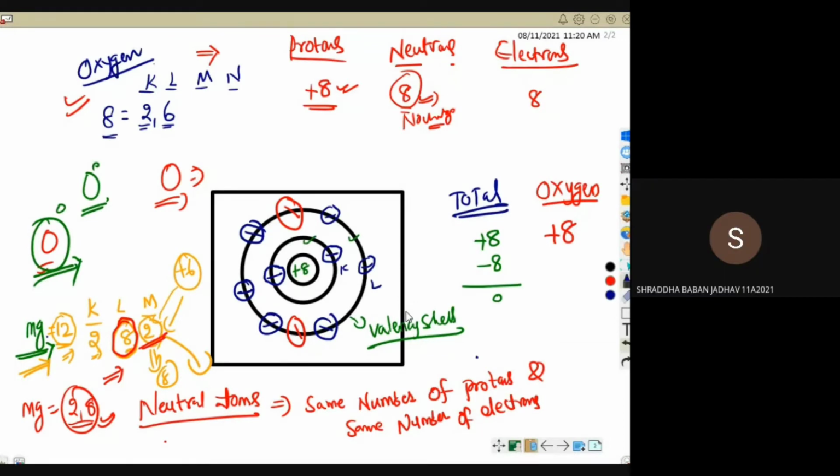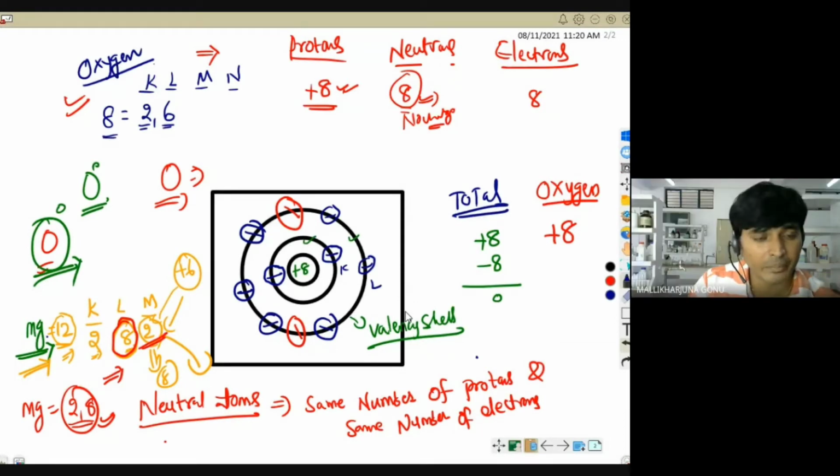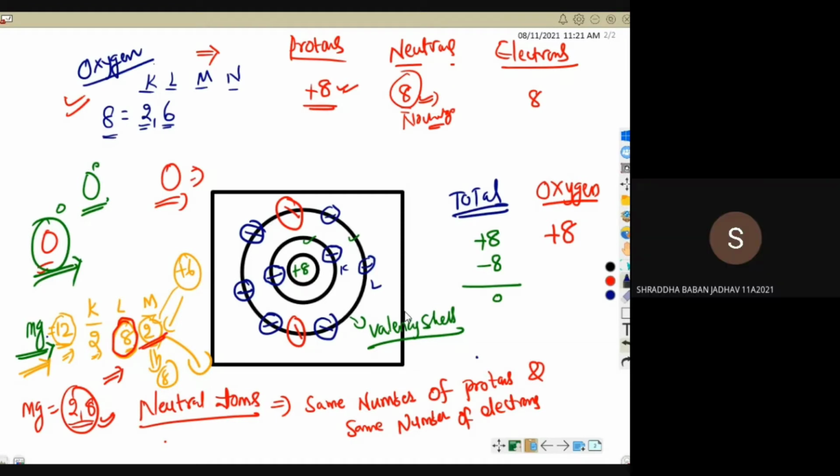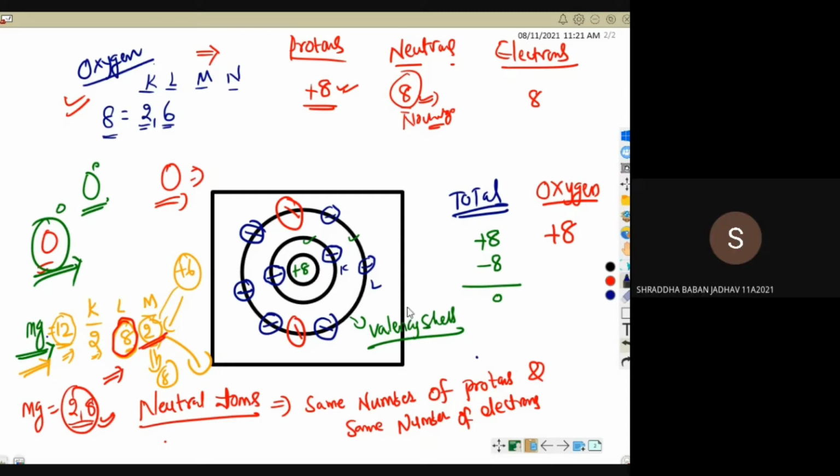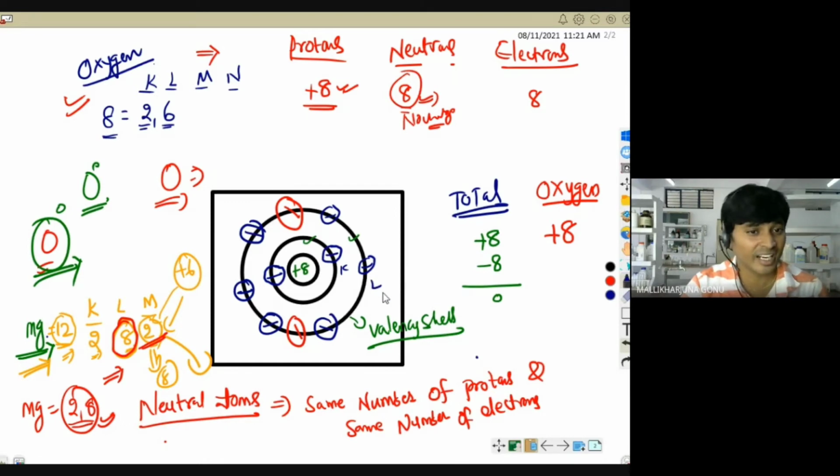8 plus 2, sir. So how many electrons now it became? Total. 8 plus 2 कितने हुआ? 10, sir. 10. Which 10 it is? Is it a plus 10 or minus 10? Plus 10, sir. What is the charge of the electrons? Minus 10, sir. Minus 10. Minus 10 it is. Because charge of the electron is what? Minus. So plus 8, minus 10.